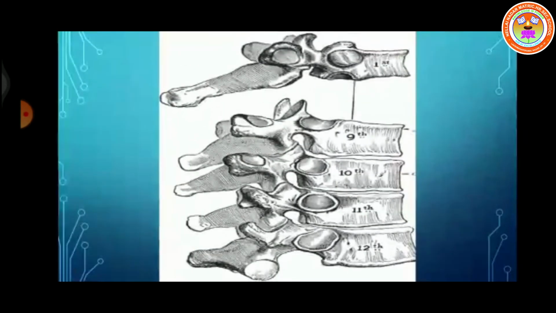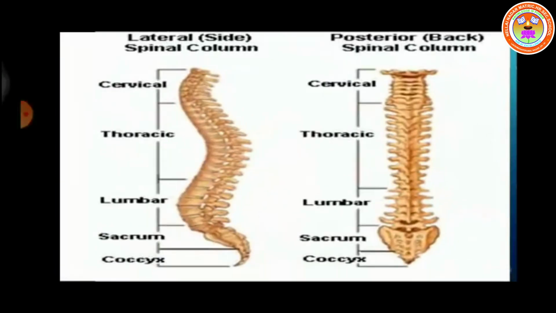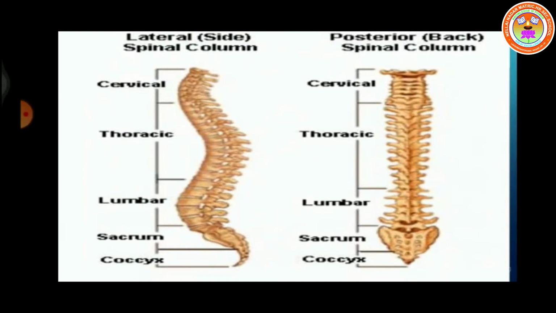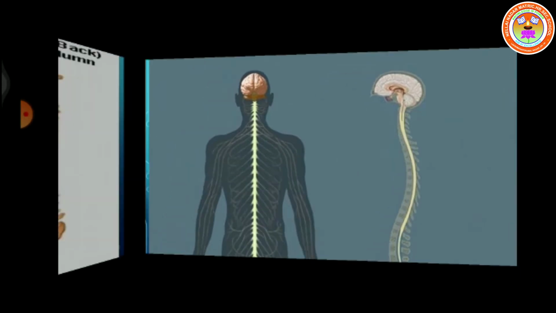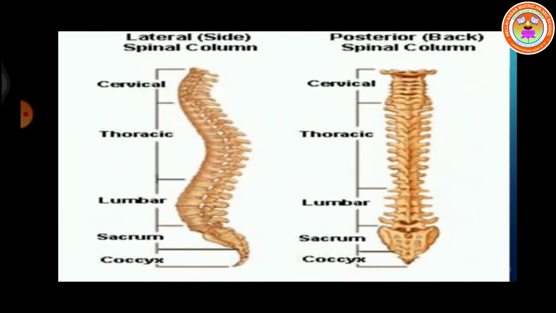Vertebrae. The total vertebral column consists of 7 cervical vertebrae near the neck region, 12 thoracic vertebrae, 5 lumbar vertebrae, 5 sacral vertebrae, and 4 coccygeal vertebrae. The 33 bones are divided in the neck region, thorax region, hip region, and below the lower hip region, the sacrum and coccyx. Got it? So 7 cervical, 12 thoracic, 5 lumbar, 5 sacral, and 4 coccygeal vertebrae.